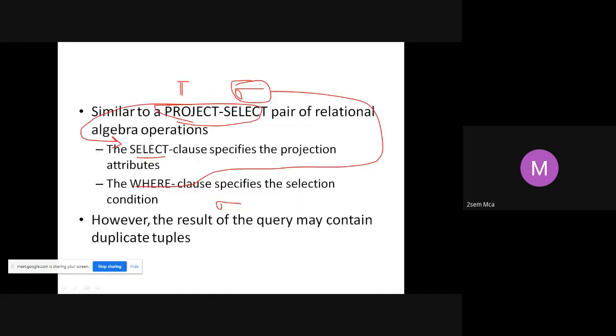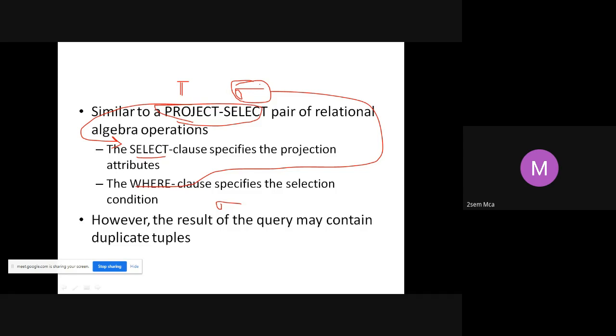Are you getting what I am trying to say? We saw select and project in relational algebra, that is sigma and pi, for writing queries. They are all unary operators which can be applied on a table, correct? We can also write the same query in SQL.